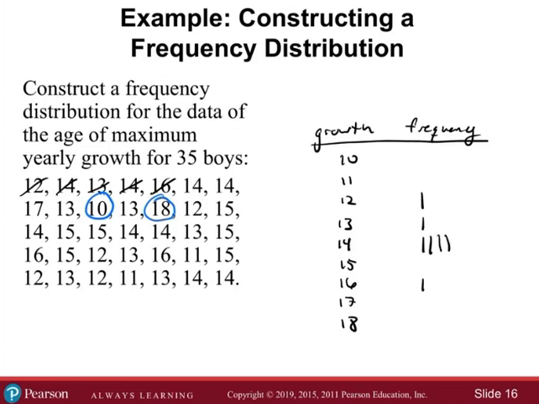So 1, 2, 17, 13, 10, 13, 18, 12, 15 is here, 14, so we're at 5, 2 more 15s, so then 1 and 2, 2 more 14s, 1 and 2, 13, 15, 16, 15,